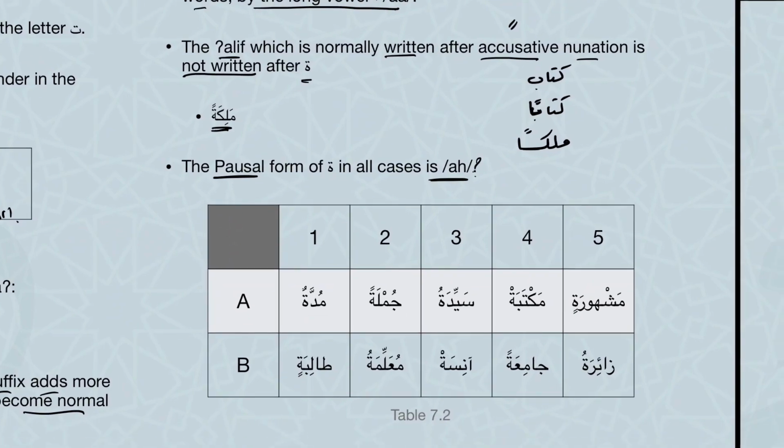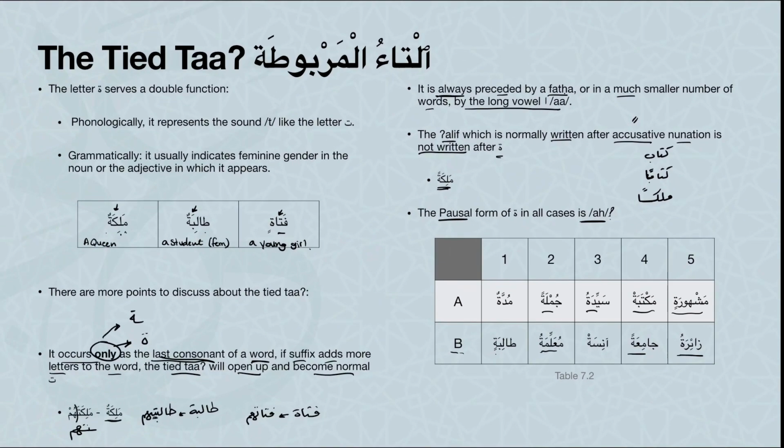Let's read. So A1 is muddatun, jumlatan, sayyidatu, مكتبة, مشهورة, طالبة, معلمة, آنسة, جامعة, زائرة. So, this is a quick